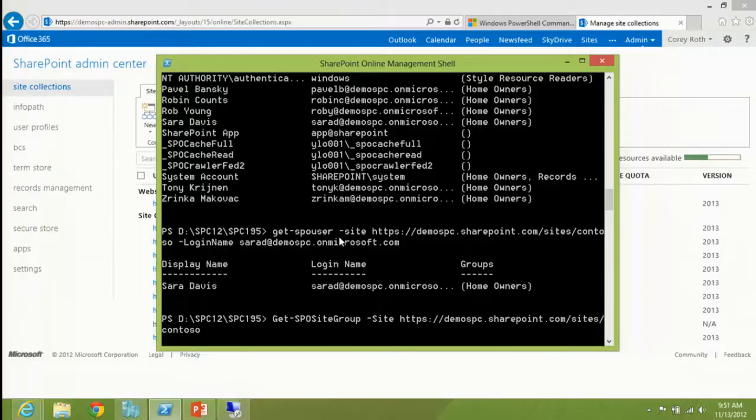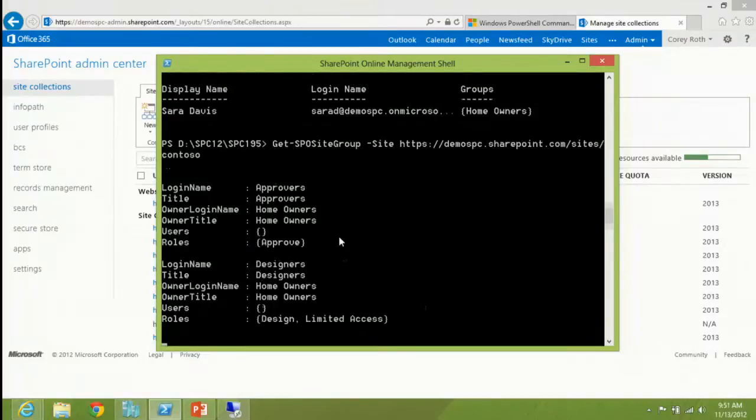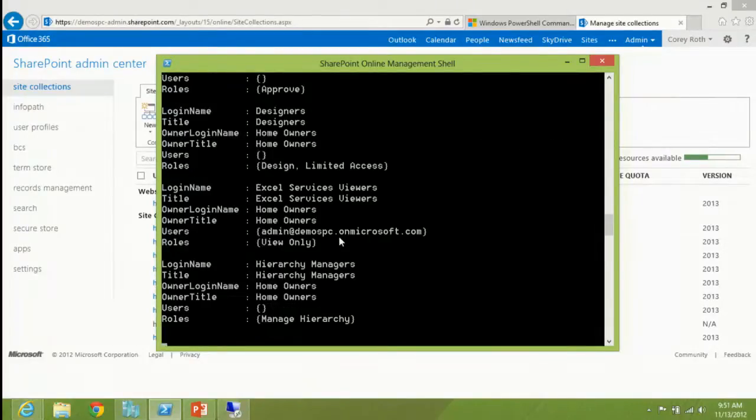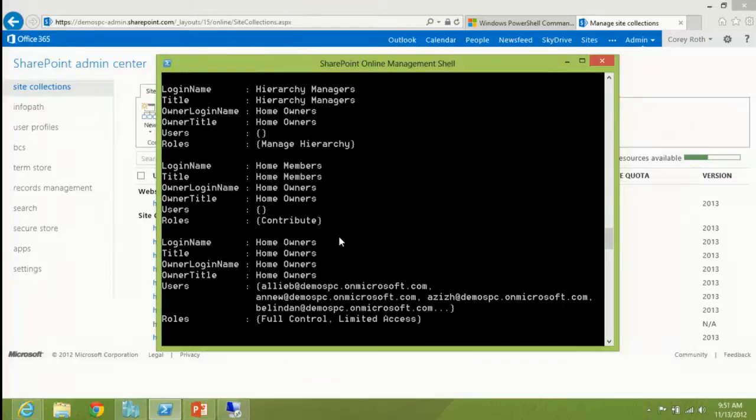And it should show me all the names of the groups that I can add to. So there's approvers, designers, things like that. It's usually faster if you're not on MiFi, by the way. But